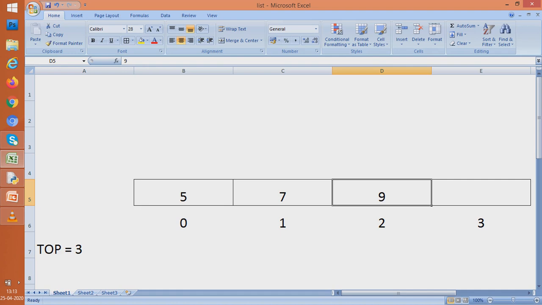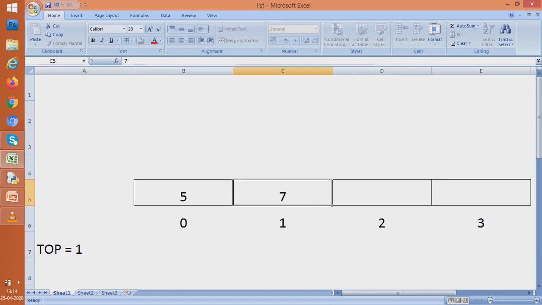So what should top get now? Top should get 2. So top gets 2 now. If 9 would be deleted, let us delete 9 also. Then what is the topmost value that we have now? It is 7. So top would now get what? Subscript number 1, because 7 is kept in subscript number 1.